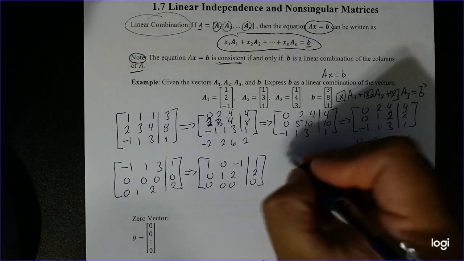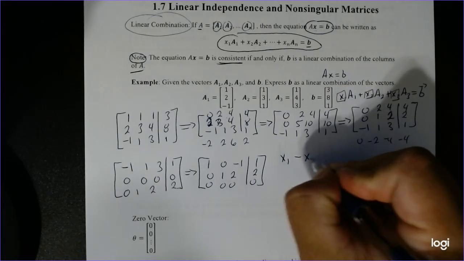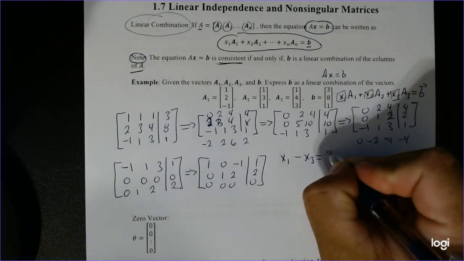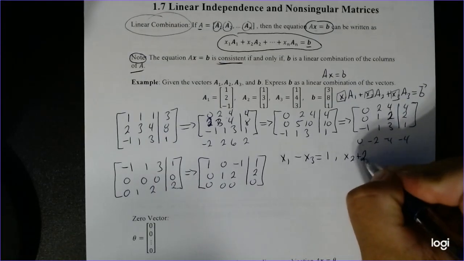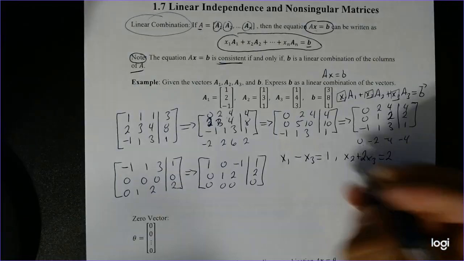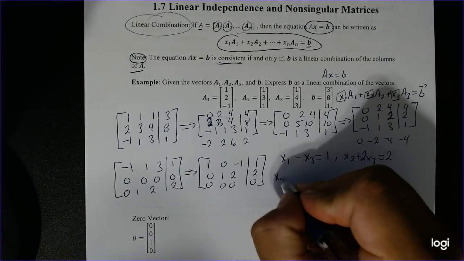So now if I convert this, it'll be x1 minus x3 equals 1, and x2 plus 2x3 equals 2. So if we solve for x1 and x2,